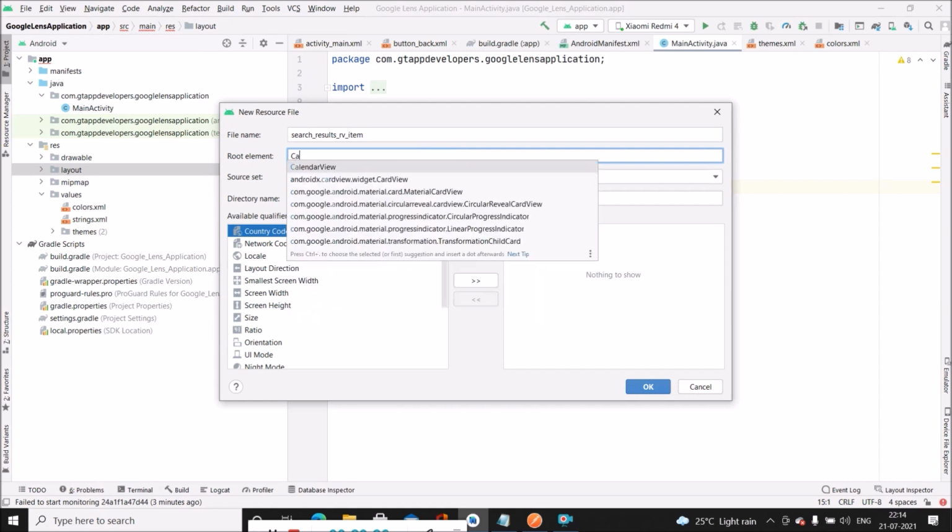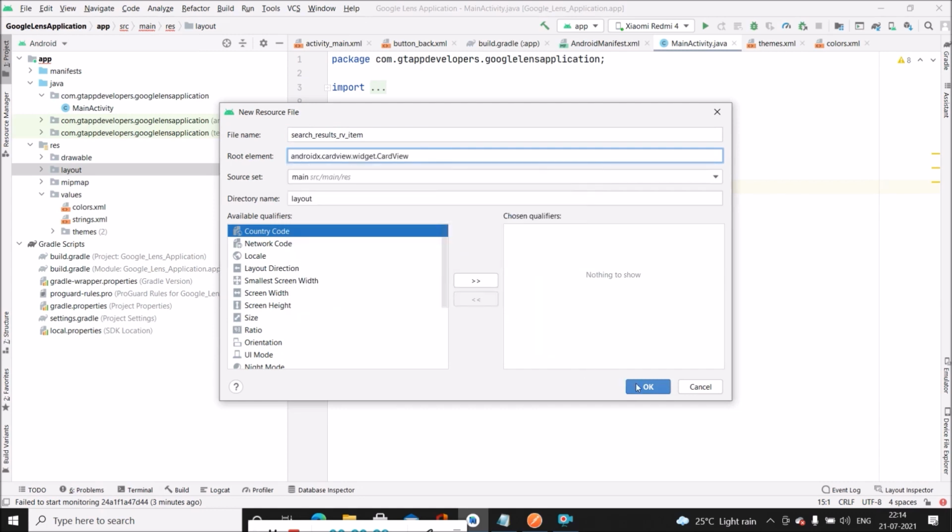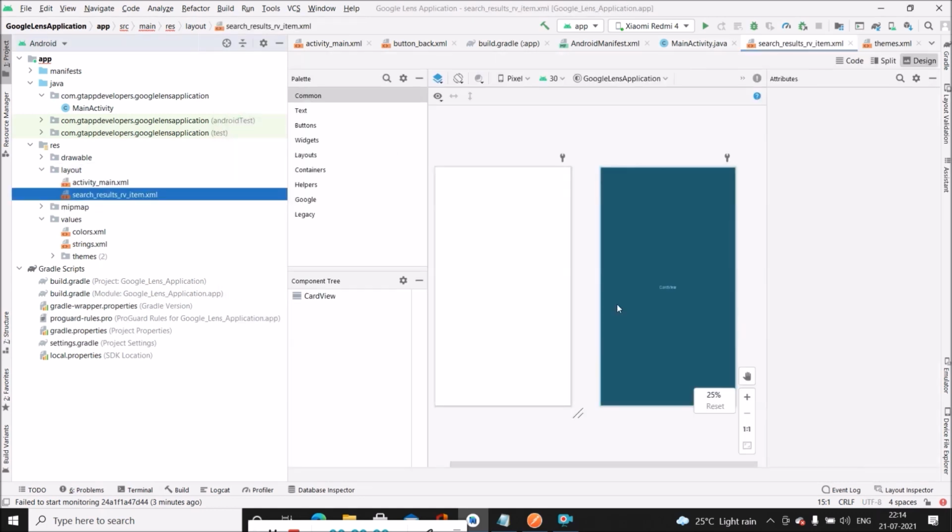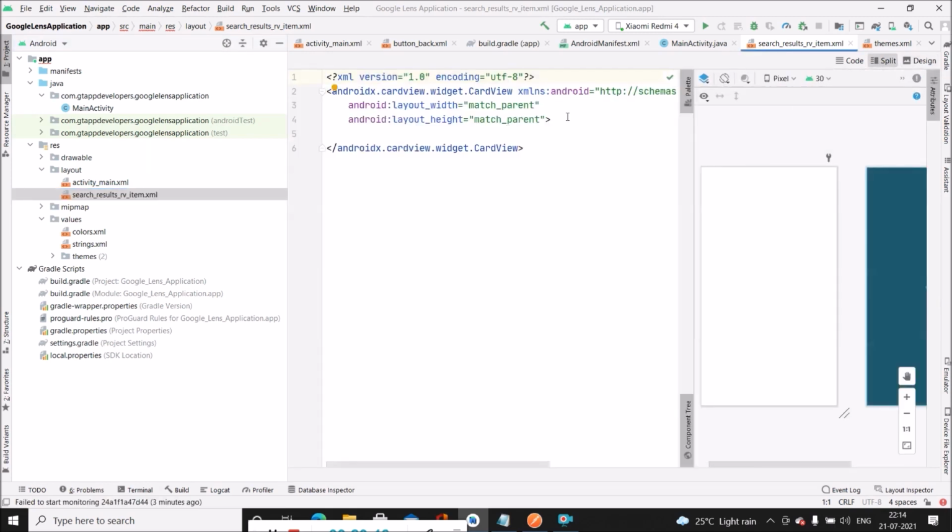After that, we have to change the root layout to card view, and then we have to simply click on OK to create this file. Now once we have created this file, we have to create the UI for this one. So for this, we will be firstly creating a linear layout.